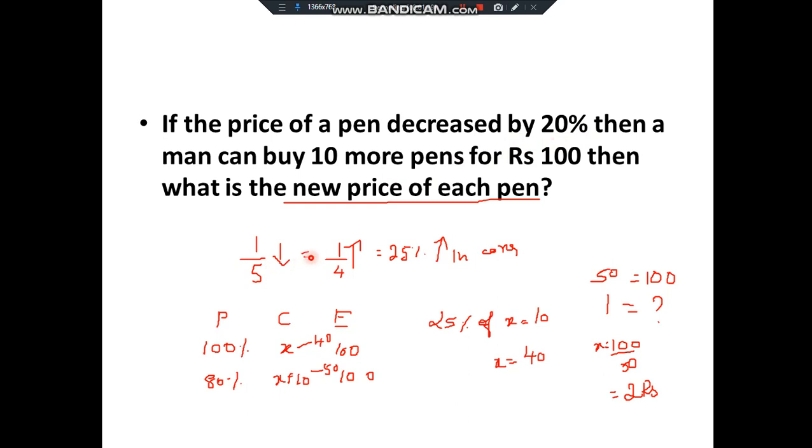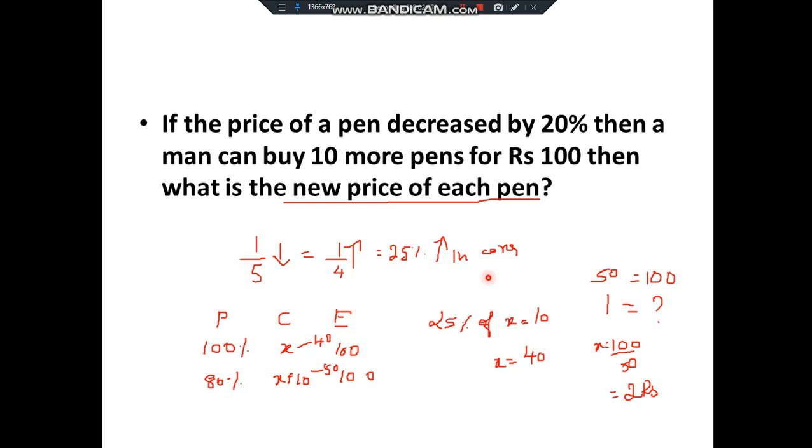So this is the price consumption expenditure concept, you remember? So a decrease in the price will enable us to buy more product, that is, consumption can be increased. How can we do that? Keep the numerator as such. Since it is a decrease, subtract the numerator from the denominator, you get 4, right? 5 minus 1, which is 4, that you write in the denominator, which is the increase in the consumption. That is 1 by 4, which is nothing but 25%. So we can buy 25% more than previously.